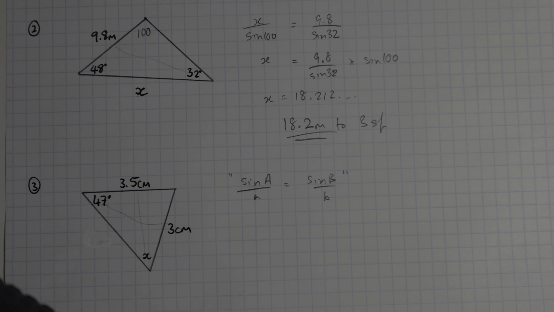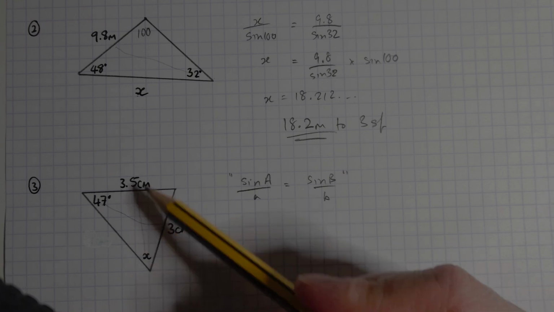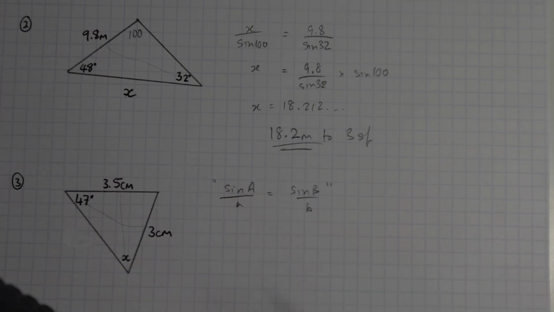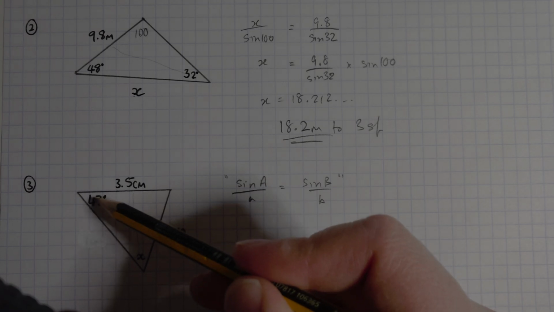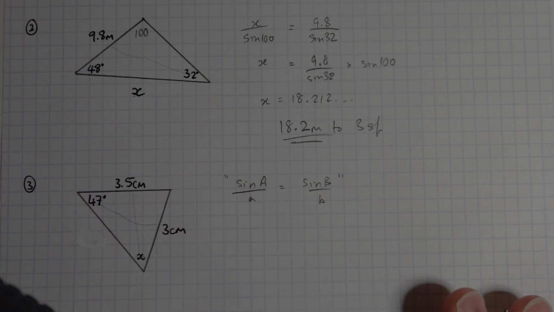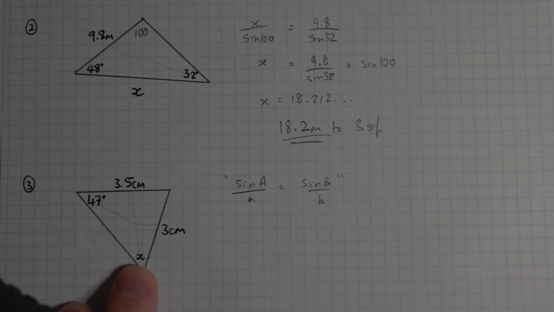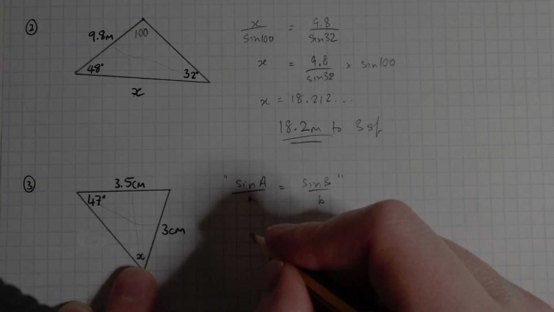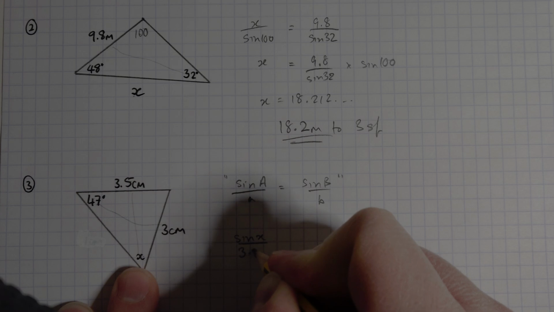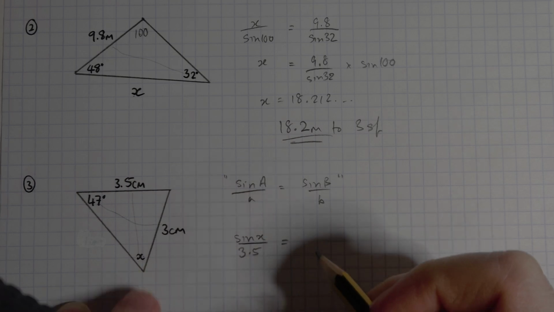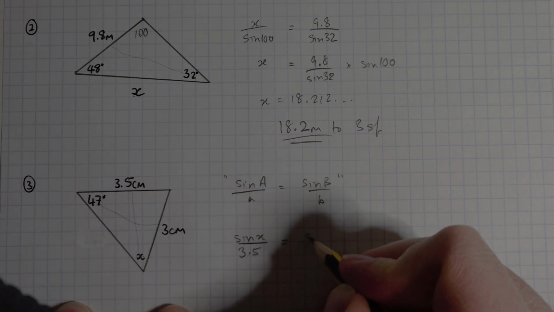Okay, I can substitute directly into this now. These are my opposites. It doesn't matter which one you call the A and the B. I could have that this is my A and this is my B, or this is my A and this is my B. Doesn't make any difference. Let's call this the A down here, so this will be side A. So I've got sin x over 3.5, just make sure they're opposites, is sin 47